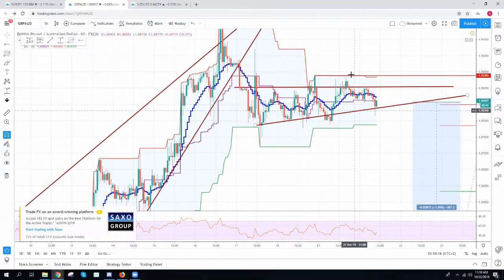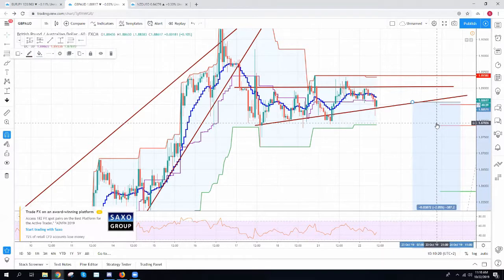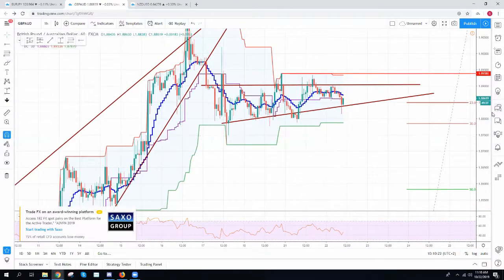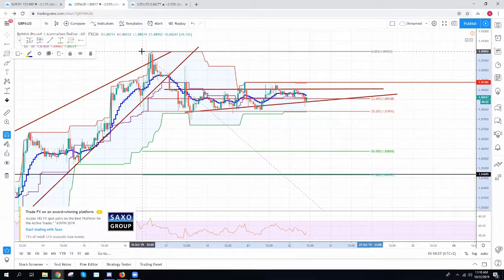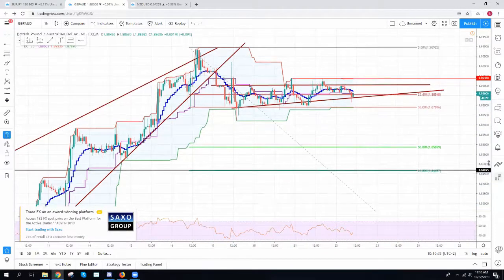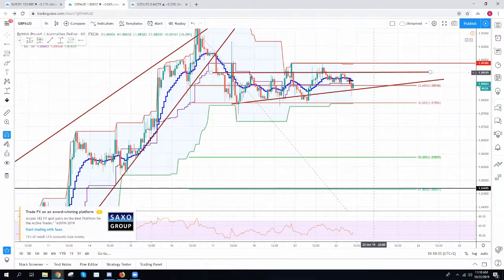So what we're going to do is map out the key levels here. We don't want our chart to be too dirty, but I'm really expecting a big move here. So we've got this here, 23.6 is here, 30% is right there. And we want either to be shorting from the upside here somewhere,